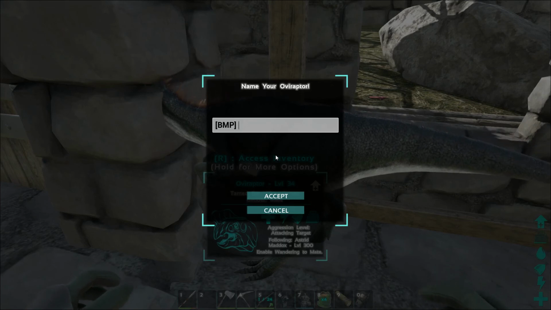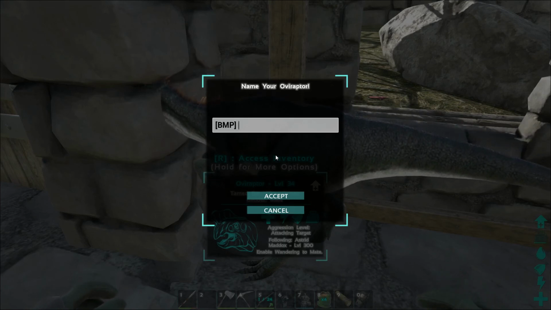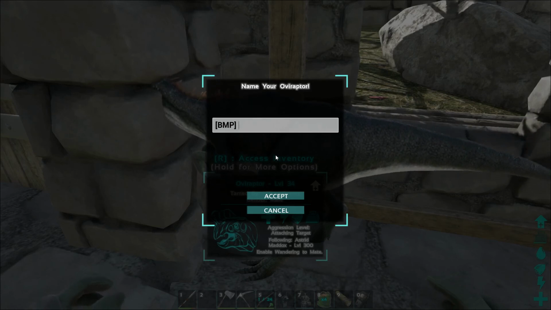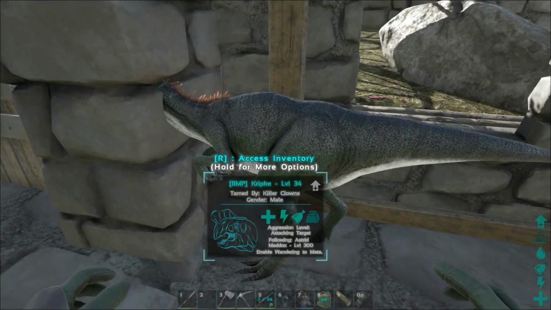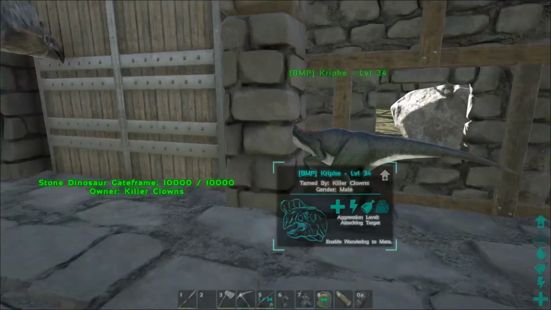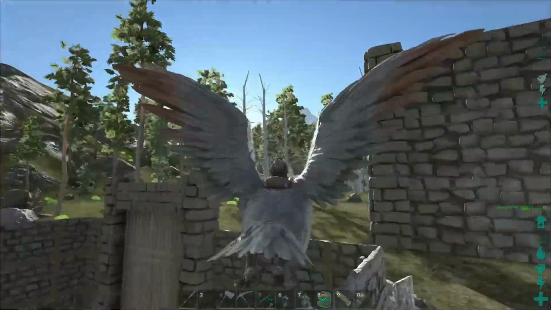This is a producer, technically, right? It's a worker animal, so it gets a producer's name. This is a male. Okay. We're going to call this one Kripke. Kripke. All right, first of all, stop following me. Second of all,